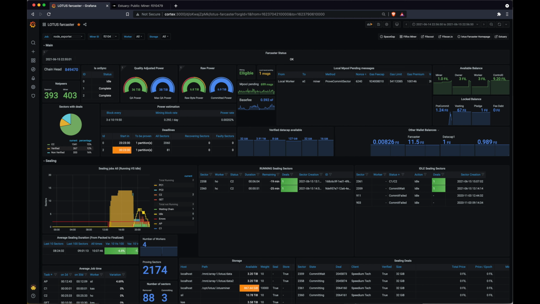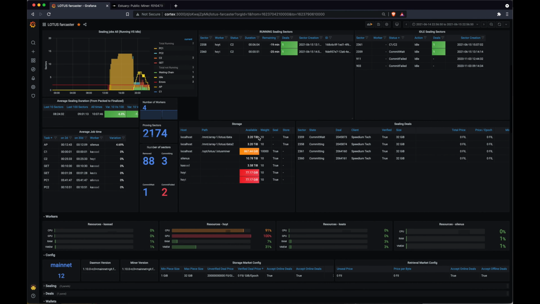Like here, we have a ledger, but we have also other addresses on the miner. They have intelligible names, which is based on the configuration file, which is optional, that you can activate on the node exporter on the miner, which makes the dashboard very convenient. And finally, if you are a Filecoin Plus client, you can see the verified data cap available for all your different addresses in this section.